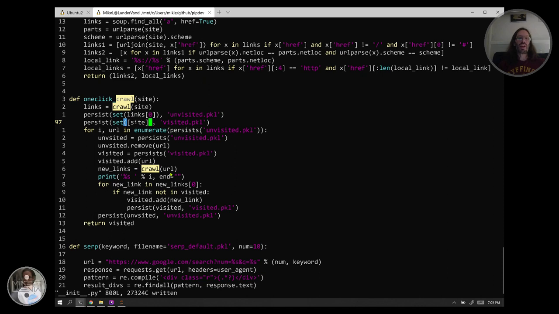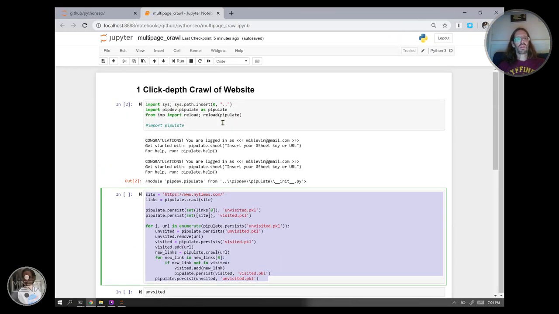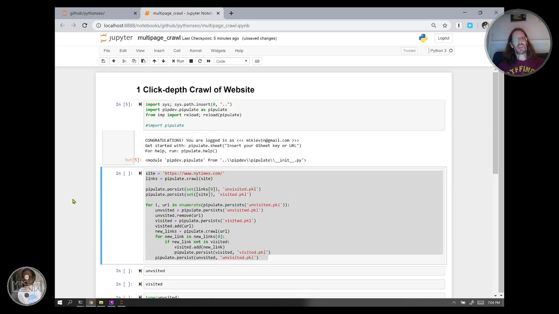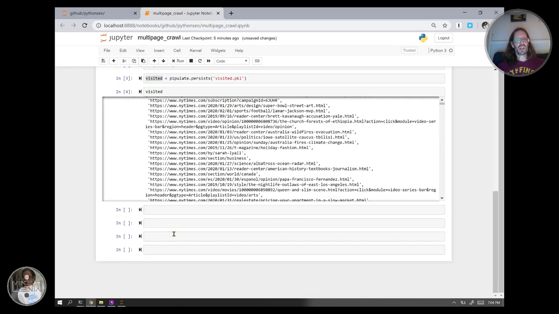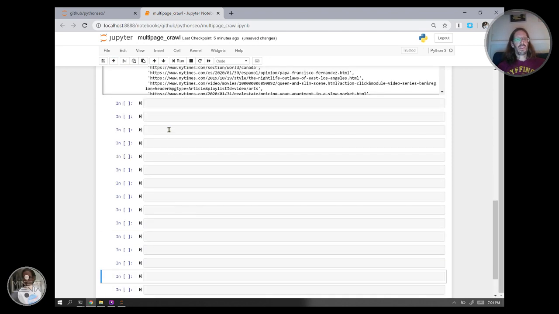So I'll check it against a much smaller site, maybe my own personal site. I don't have that many pages on it. Or no, for consistency, we'll do the New York Times. But it's built in. It's built in to populate now. It shouldn't have any errors. It's now in memory. I should be able to go way down here. I'll add a few more of these guys just to push this into view, and say